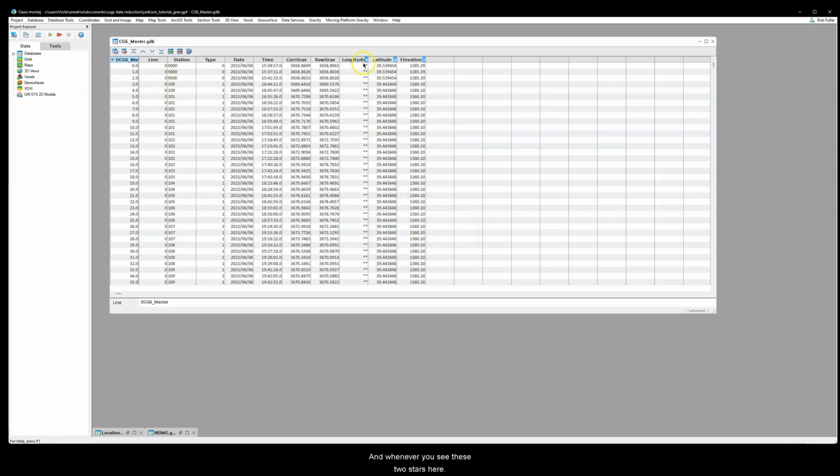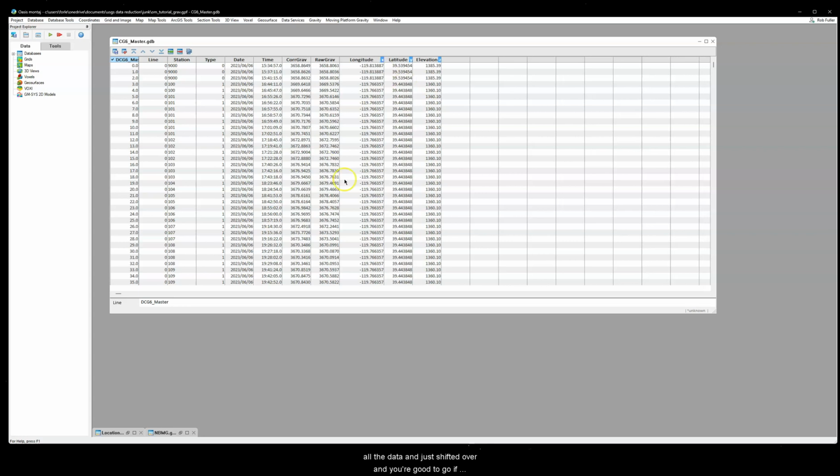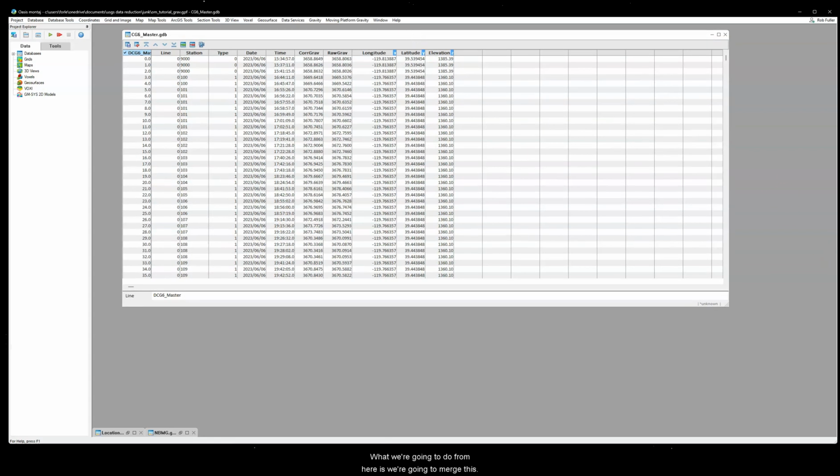And whenever you see these 2 stars here, that means this column just isn't wide enough to display all the data. Just shift it over and you're good to go. If you see a single star, that means there's nothing there, or they call it a dummy value or a dummy column. Now, what we're going to do from here is we're going to merge this gravity data with our locations data,